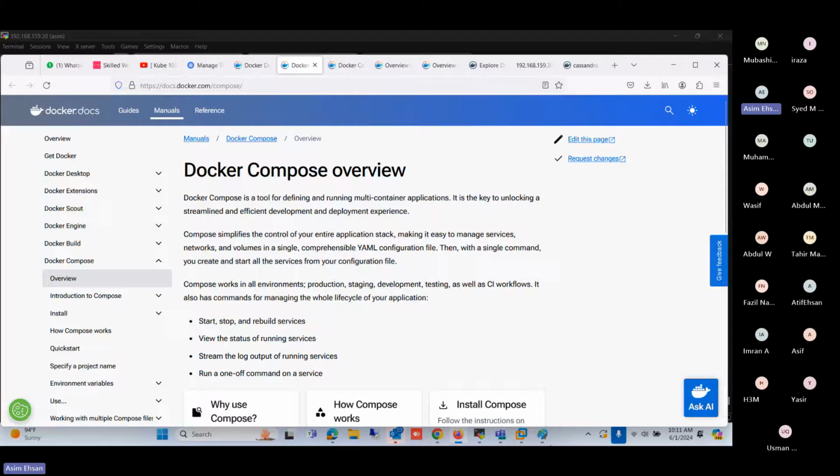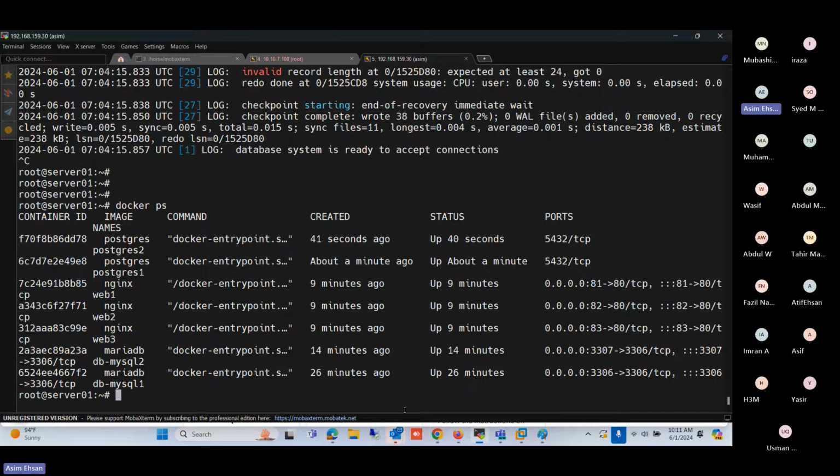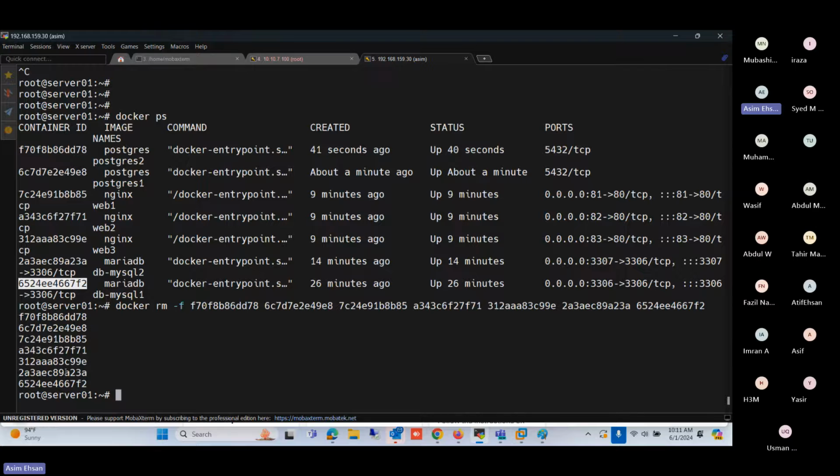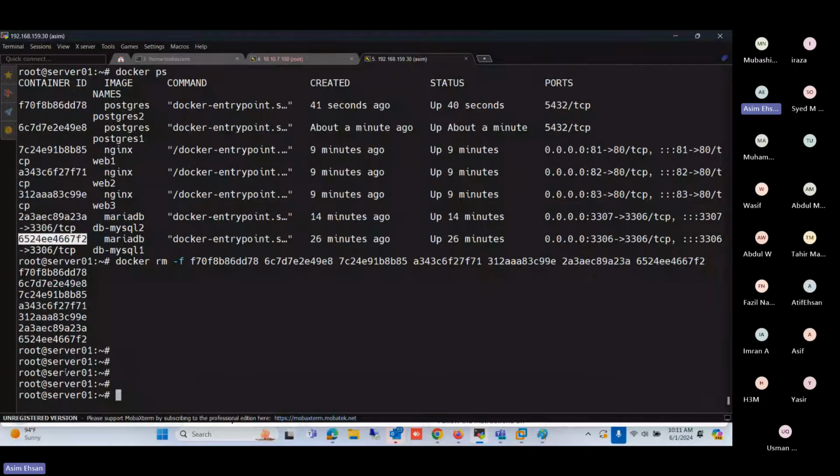So why do we need Docker Compose, first of all? We ran multiple containers, so first of all, let me remove all these containers. We used multiple commands to run these containers. If you want to run, for example, hundreds of containers, you cannot memorize all these commands. It's a good idea to write all these commands in a bash script, and you can run that bash script. It will create all the containers, but